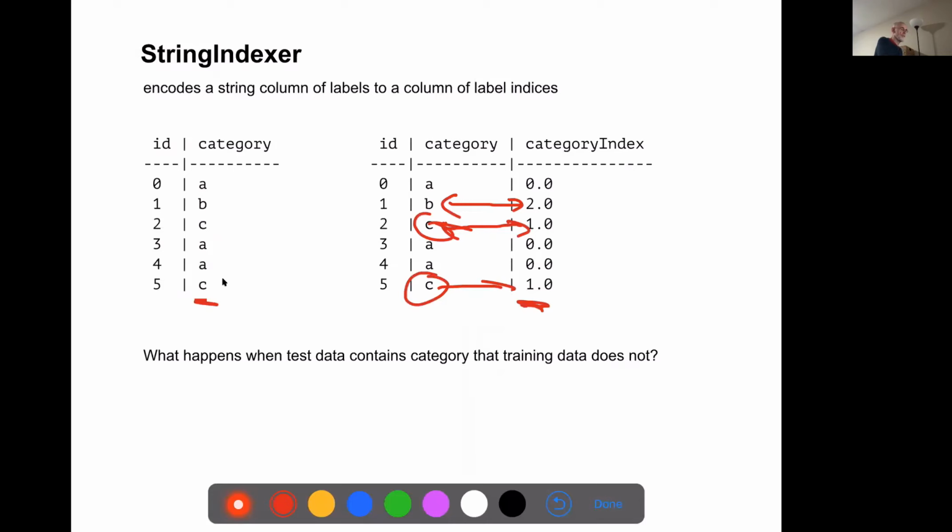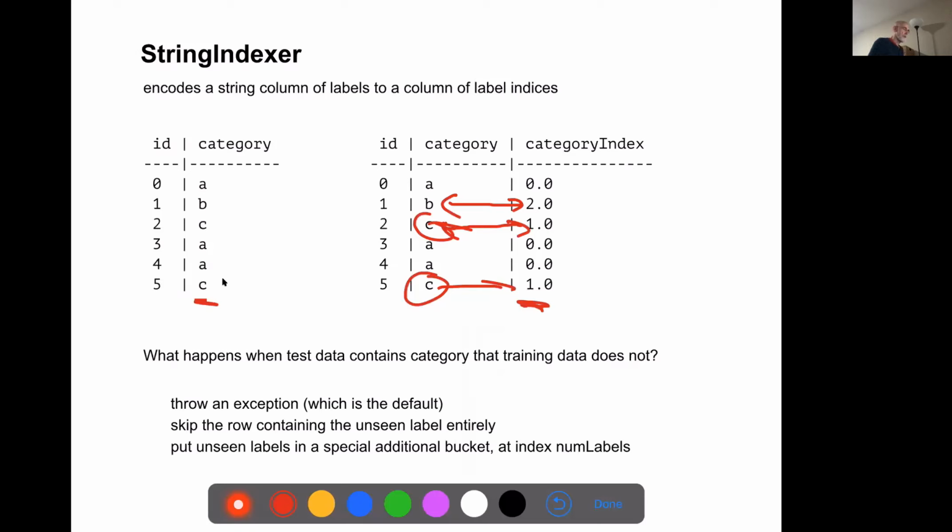And that is a good question. We can specify 3 different ways to handle unseen data: throw an exception, skip rows that contain the unseen data, or put them in their own bucket.